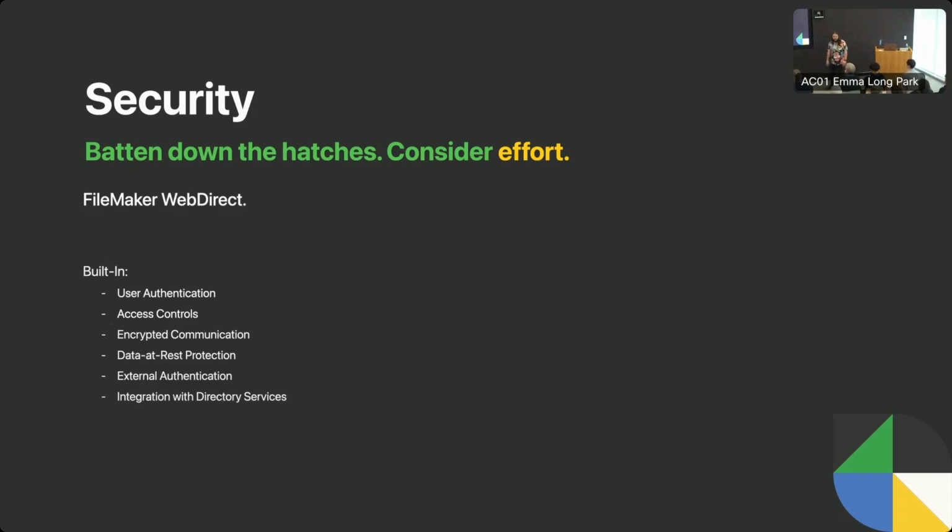OAuth integration, right? This is stuff that, if you were to talk to any other developer, they'd say, oh, that's not in the FileMaker world. That's quite an undertaking to get all that done. With WebDirect, you still have to do some manual stuff. If you want a proper site, you're going to have to do some SSL certificate stuff. You're going to have to do some DNS. By and large, what we get out of the box with WebDirect when it comes to security is really impressive,